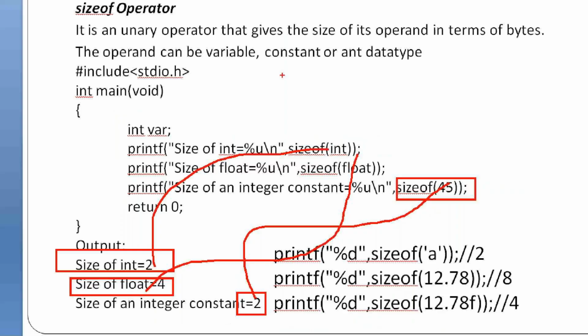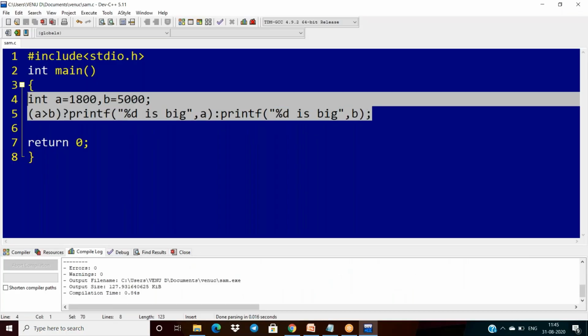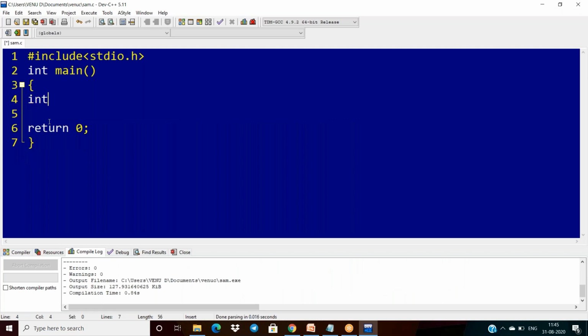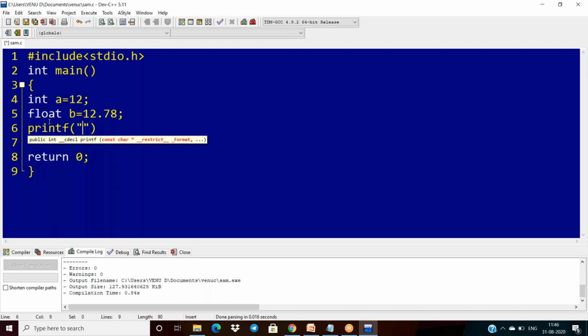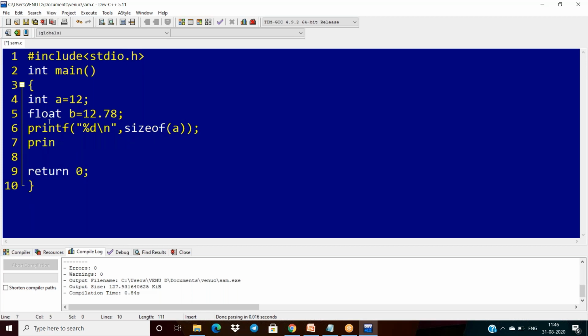I will give one more example related to sizeof here. In C, I'm taking int a equal to 12 and float b equal to 12.78. Okay, so now printf percentage d backslash n, comma sizeof a.